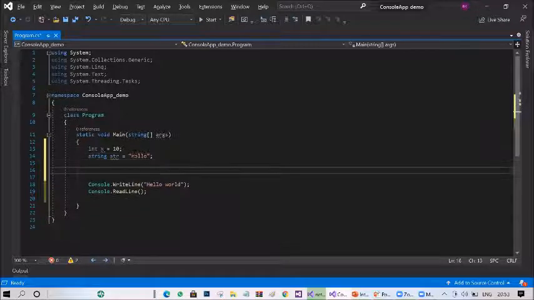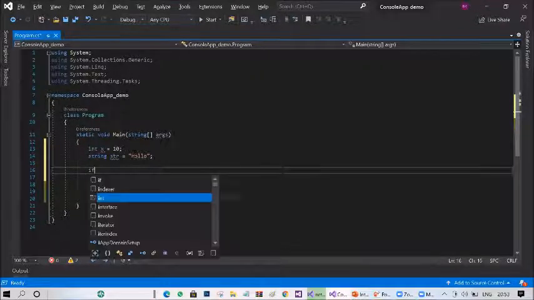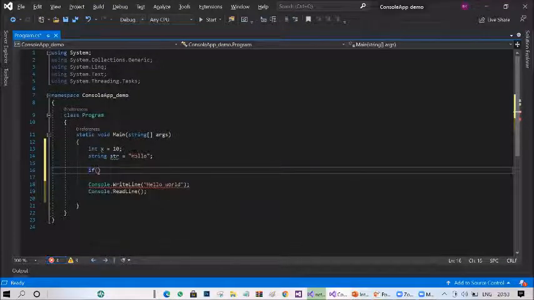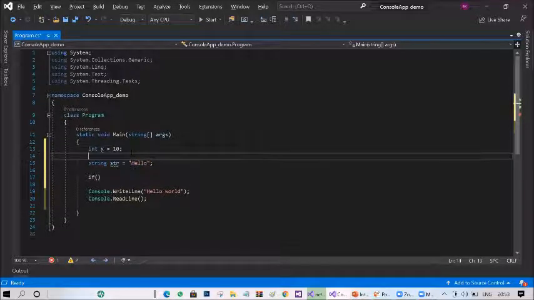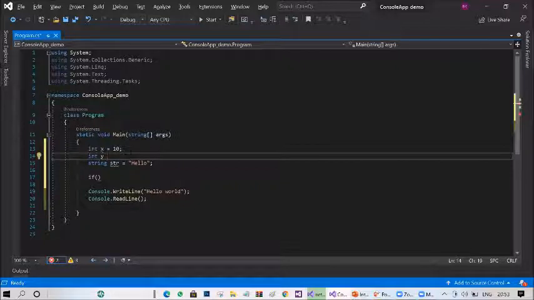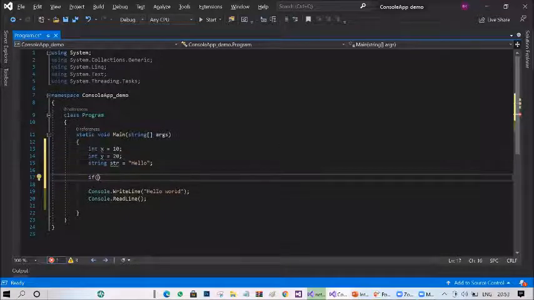Some of the statements are: if is a conditional statement. What do you mean by conditional statements? If you have some conditions, let's understand in a bigger manner. int x equal to 10, int y equal to 20. Now we need to check which of x or y is bigger, and print accordingly.